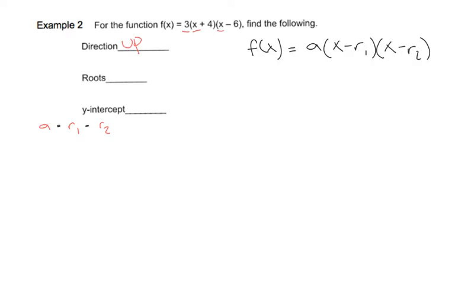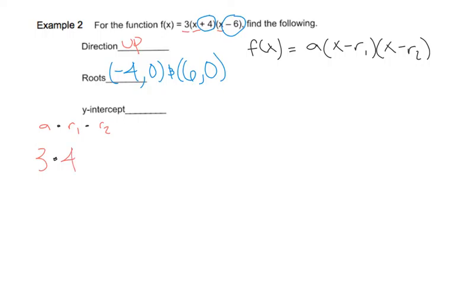Now, our roots are the r1 and the r2. When you take them out of the problem here, you're going to basically make it the opposite. So my first root says plus 4, but technically it's actually a minus 4. And the second root says minus 6, but you take the opposite, so it actually is a positive 6. Then to find the y-intercept, you take those three values, the a value, 3, times your r1 value,